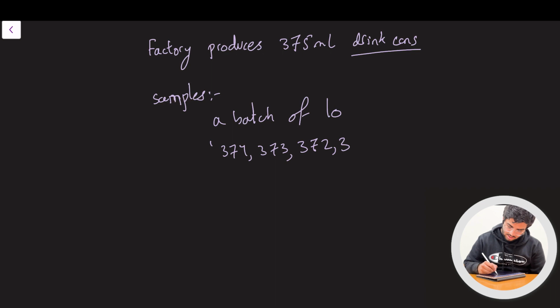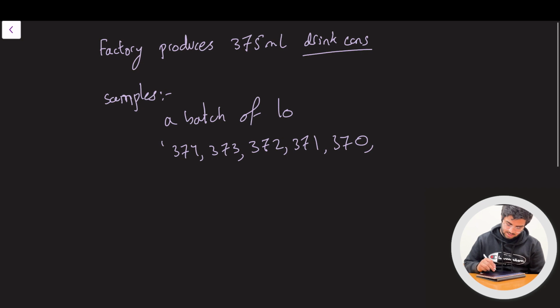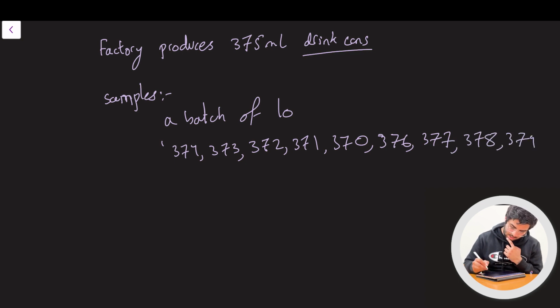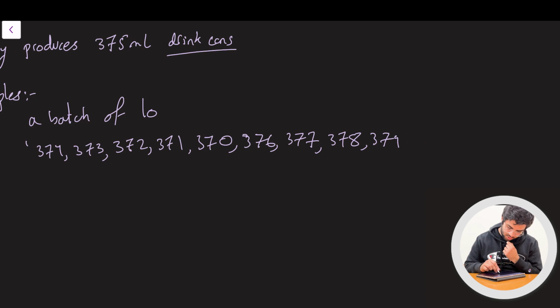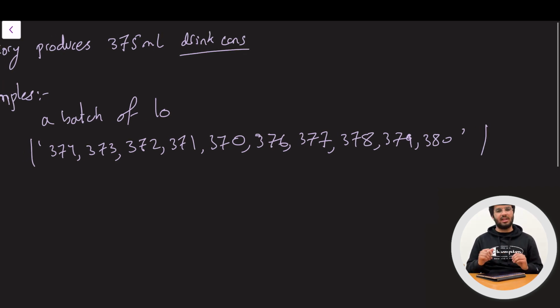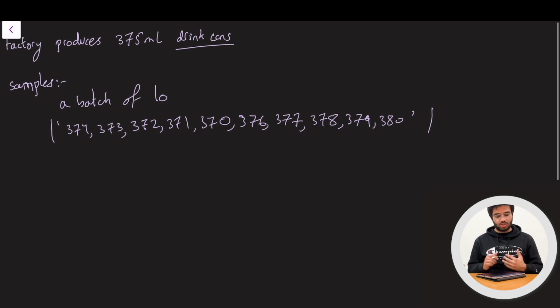Sorry. Let's just put in some random numbers. It doesn't really matter what they are, as long as it makes sense to have them there. Let's see, 1, 2, 3, 4, 5, 1, 2, 3, 4, 5. So say this is the batch you get, these are the values you get. Now, how can you use this to see if the factory or the machines are producing properly?